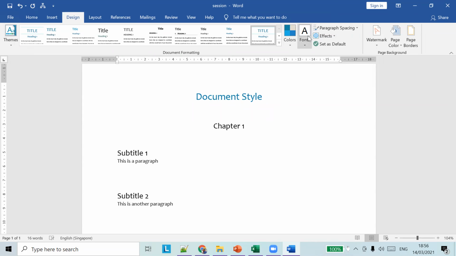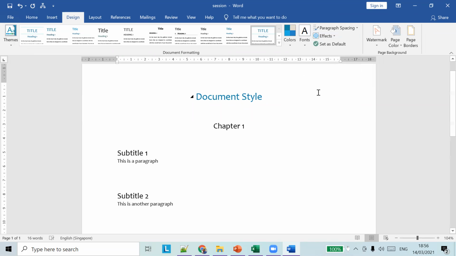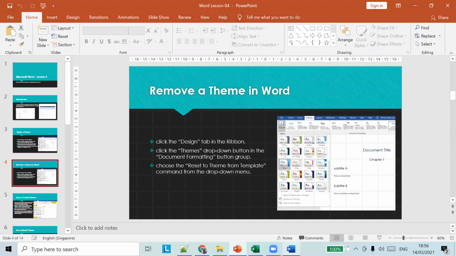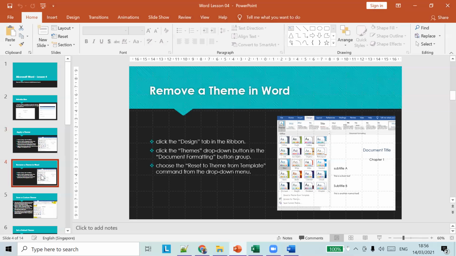So the themes can be changed using these options present here. This is how you select and apply a theme. Everybody understood these things, is it clear?